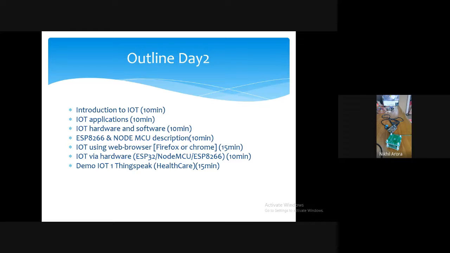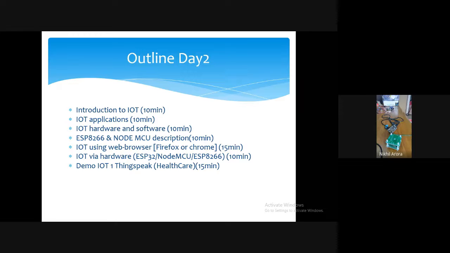in to the ThingSpeak website and send data manually using a web browser like Firefox, Chrome or Internet Explorer, whatever browser you are having. We'll make a website all together. First I will send data, you also send data to my website, and we'll see how this data building is happening. And then later on you also create your own and share the link.